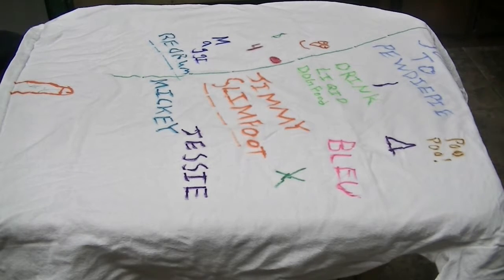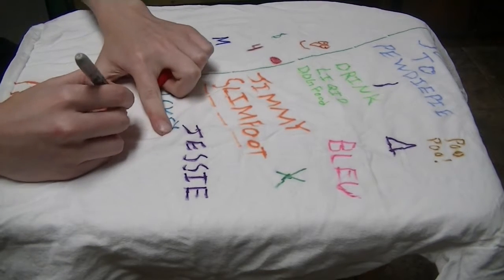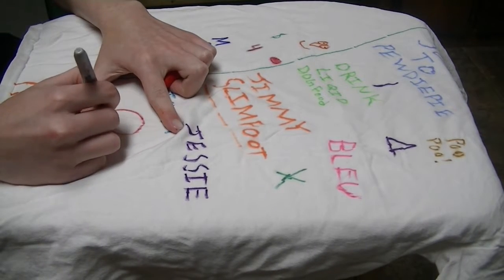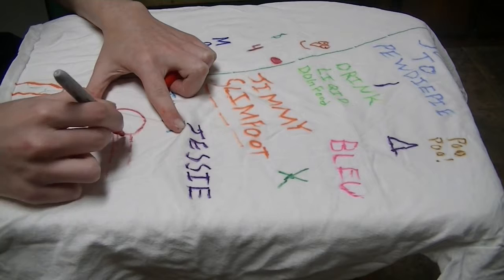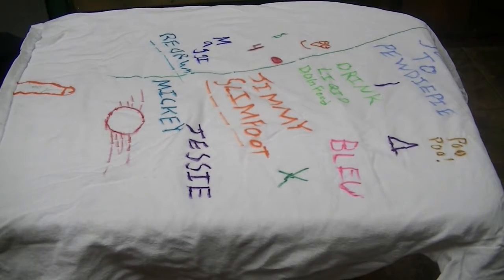Alright. Then we're gonna put a big red circle for reasons. And I'm also gonna put some lines after it for reasons. You know. Just for reasons. Because we can't draw, so what does it matter? Nobody's going to know what that means. But